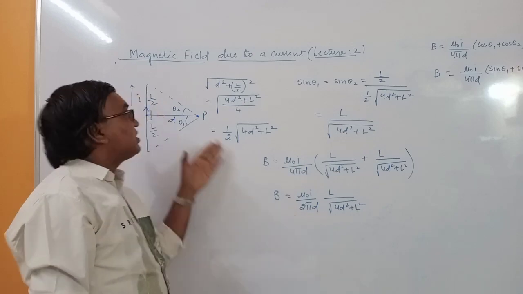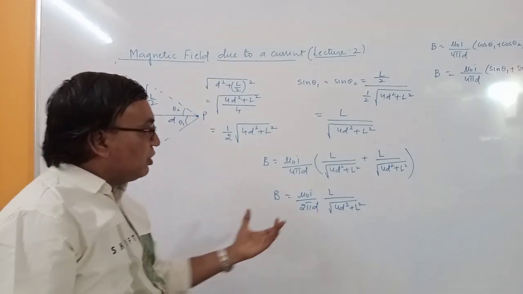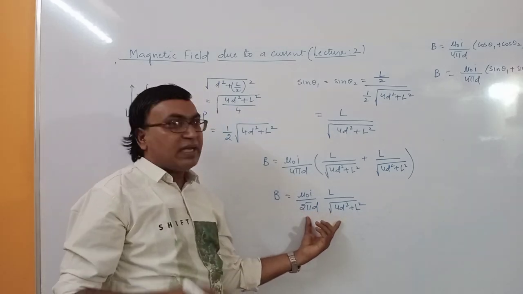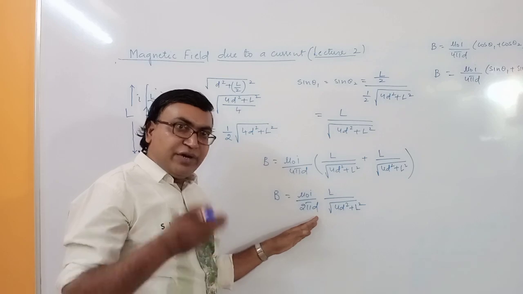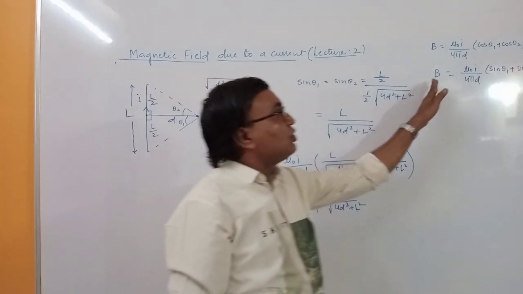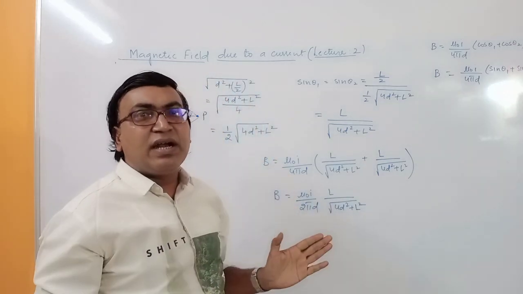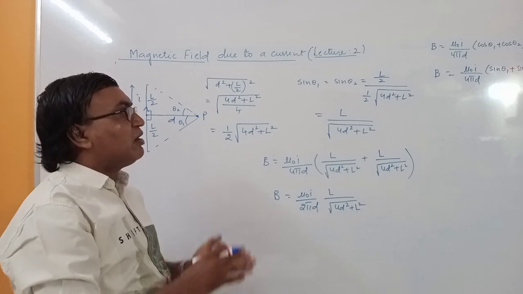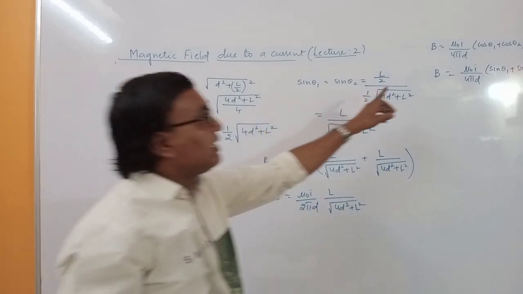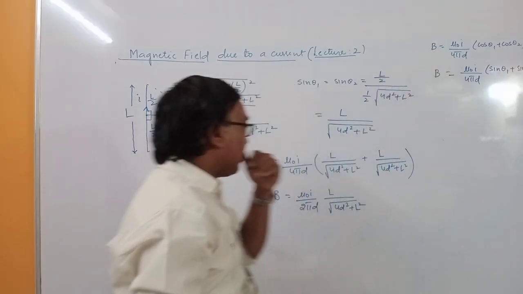So many times you have to find out the magnetic field on the perpendicular bisector. So you can use this as a formula. If you are able to remember, it's okay. If you are not able to remember, just use the general formula. This is applicable for any conductor, whether it is finite length, on its perpendicular bisector, or anywhere. You can find out the magnetic field by using this formula. Okay, use any one of the formula.